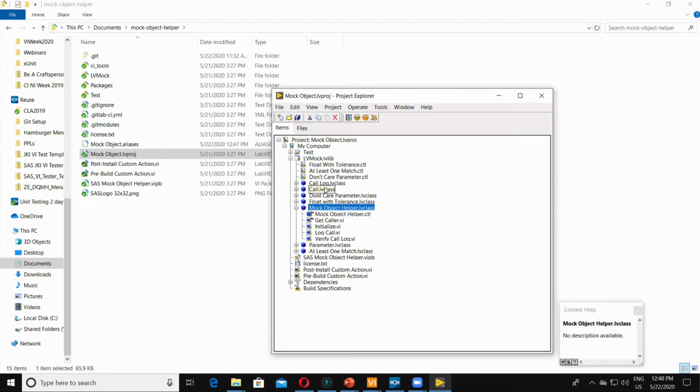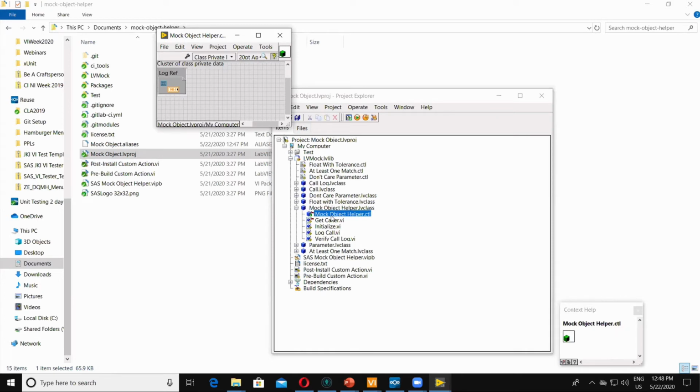And then I also start out with a call log, right? Because the mock object helper needs to keep track of all the calls, so it should put them in a call log. And you can see that in my mock object helper, I made a reference to the call log. And the reason I wanted to do that is because I wanted to be able to split the wire. So I wanted to be able to pass my mock object off to the code I'm testing and not have to retrieve it on the other side, right? So I pass it off, and I don't care what happens to it because it's a by reference class. They've got a reference to it. They can do whatever they want. And then at the very end, I've still got a copy of it so that I can run the verify. So that was that first design decision.